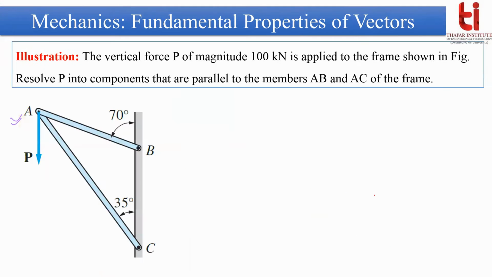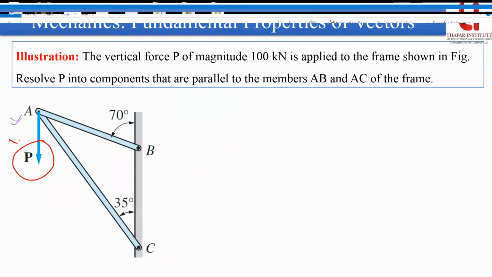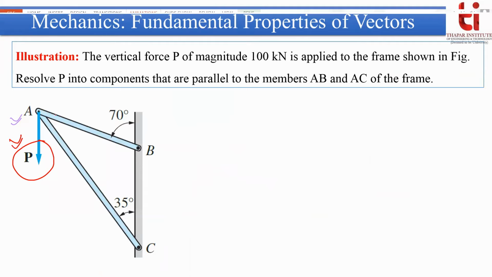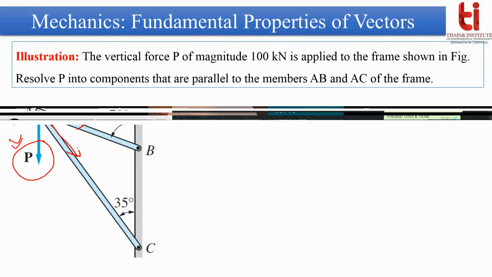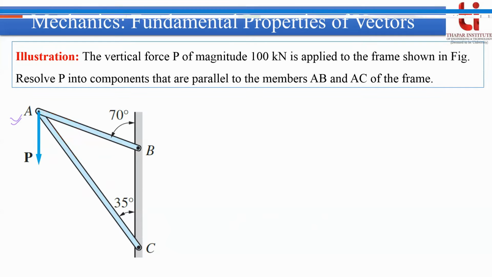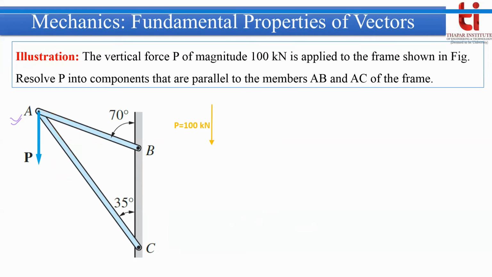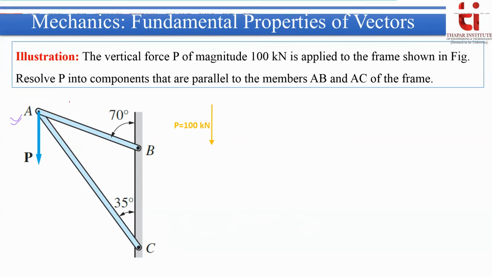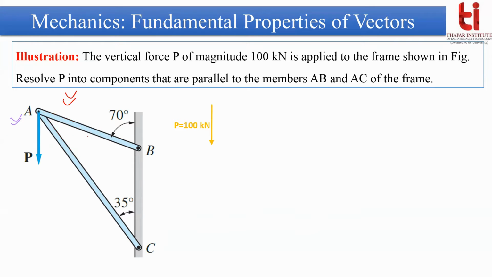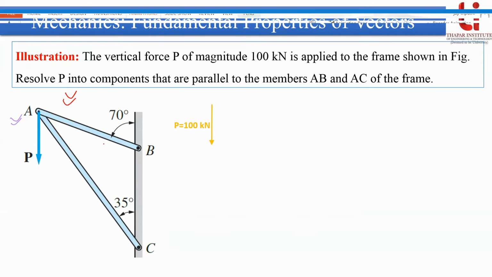Now here is our third problem. This problem is very similar to the previous problem. Here again you are given a situation where the resultant of the forces is known, and you have to determine its component along the link AB and its component along the link AC. Good. If you want to solve this problem, you can apply Lami's theorem or the law of triangle. This is a very simple two-force system problem.